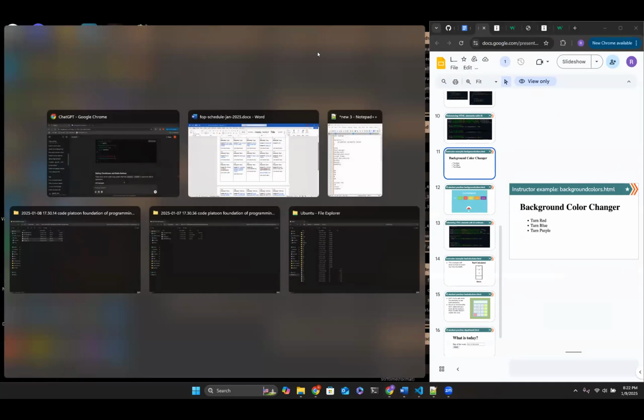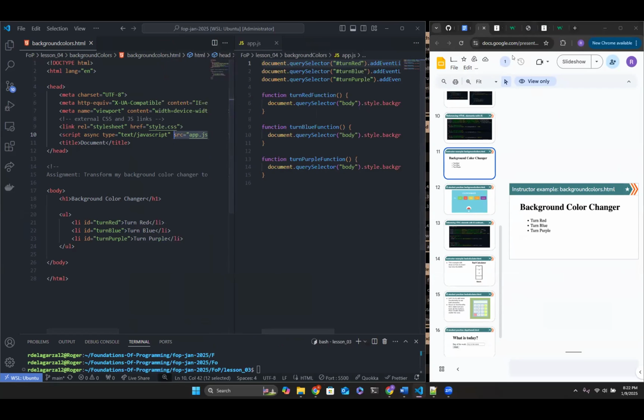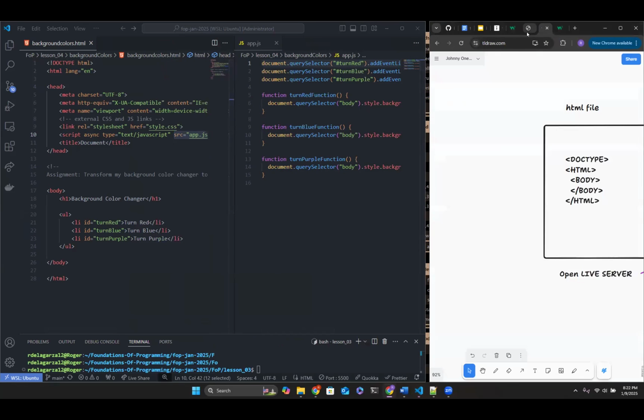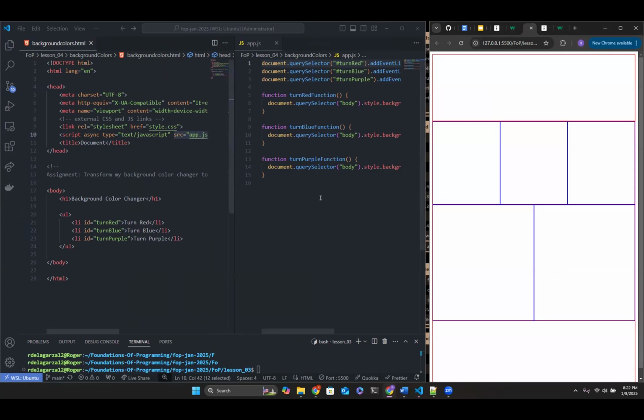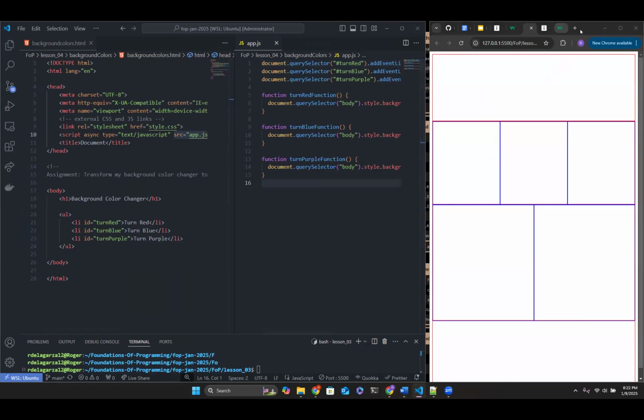Let's do it like this. All right. And then we should be coming to open up with live server. Did I not have it with live server?